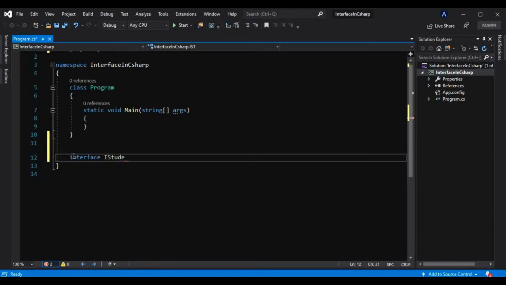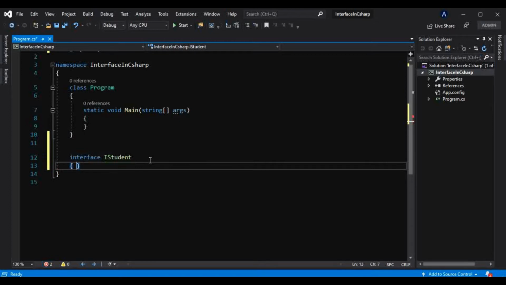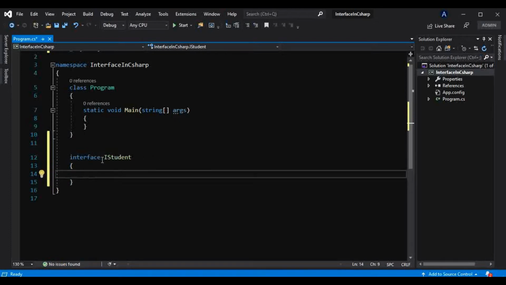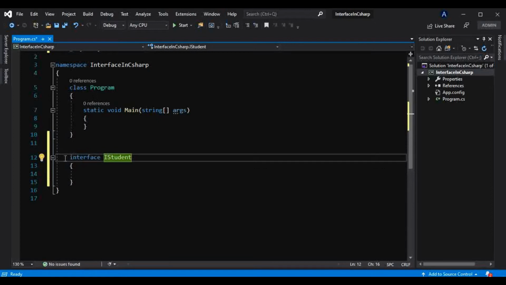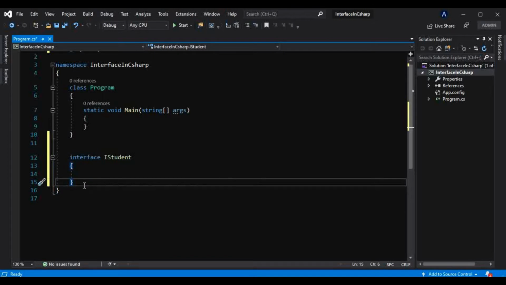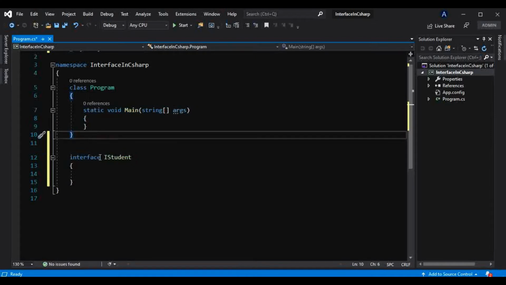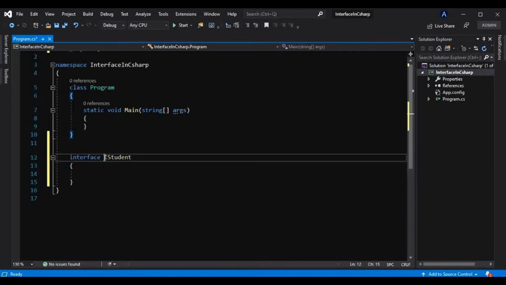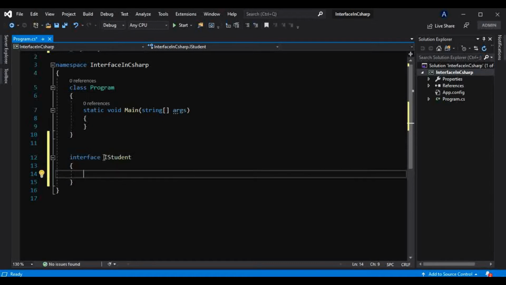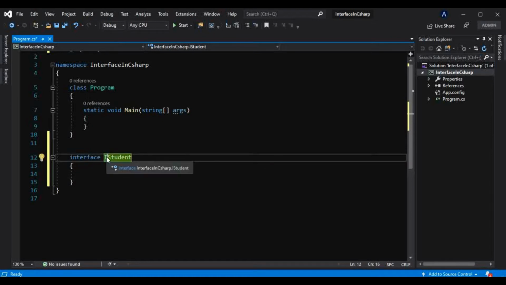Now why am I using this I in front of Student? Because that is the convention. From this I we can tell this is an interface. Yes, in this declaration part we can identify that this is an interface, but when we use this interface somewhere else, for example in this main method, there, by looking at this interface name, we can identify that yes, it is an interface by looking at this I symbol in front of Student.